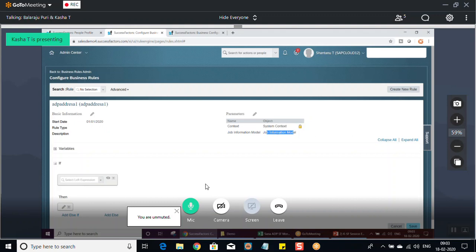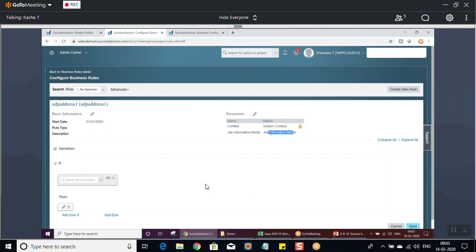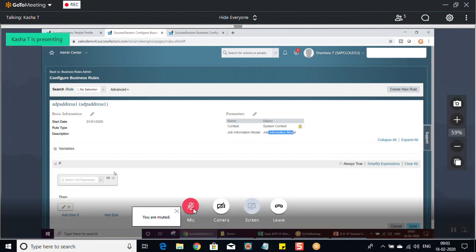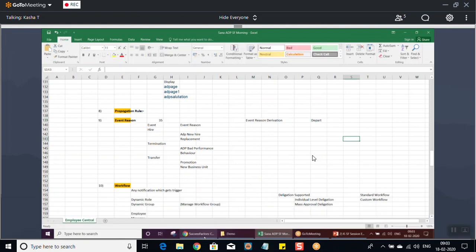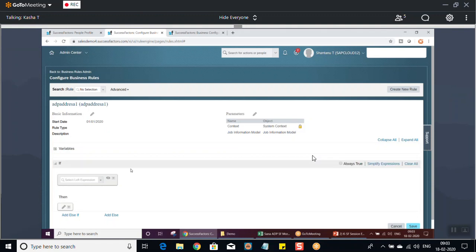Oh, you want me to show you the job one? Okay. So what I'll do, I'll show you that if you change your department, then what should happen? All right. So like this, you can create the event reason. Because here it is already coming as a job information model, I'll show you this for department. But just the way I'll show you for the department, you can go ahead and create the event for any other